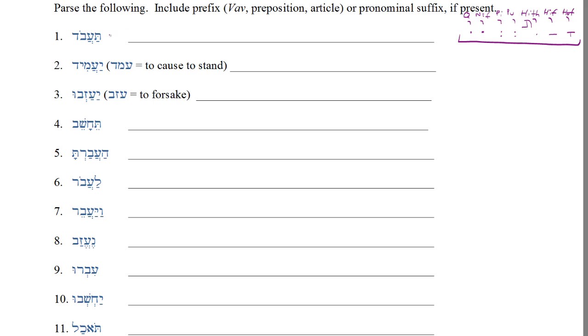Now, initially you look at this and it looks like it should be a hiphil imperfect. You have the tav prefix and a patach, and then under the R1 letter we have a half vowel. It happens to be a compound schwa, but it's a half vowel, and that would also be characteristic of a hiphil with an R1 guttural. But notice that we could also have a kal, the reason being that with this half vowel, the normal hirik that goes under the tav